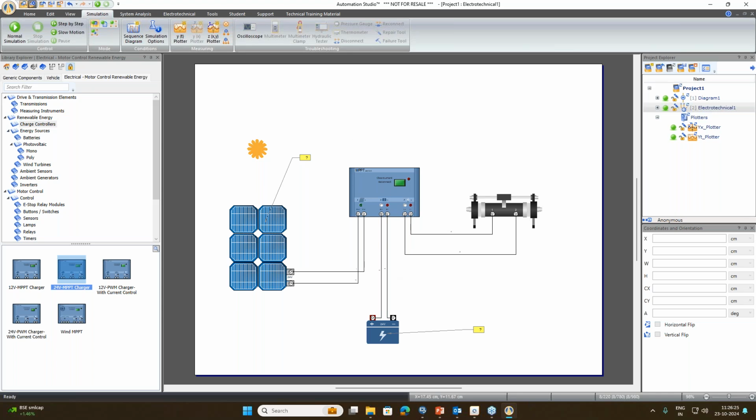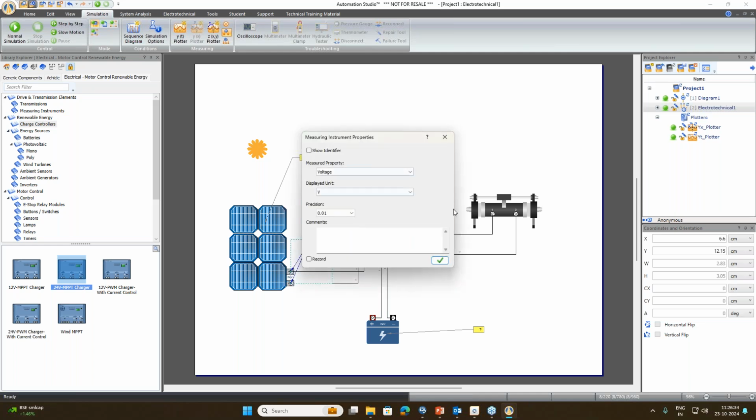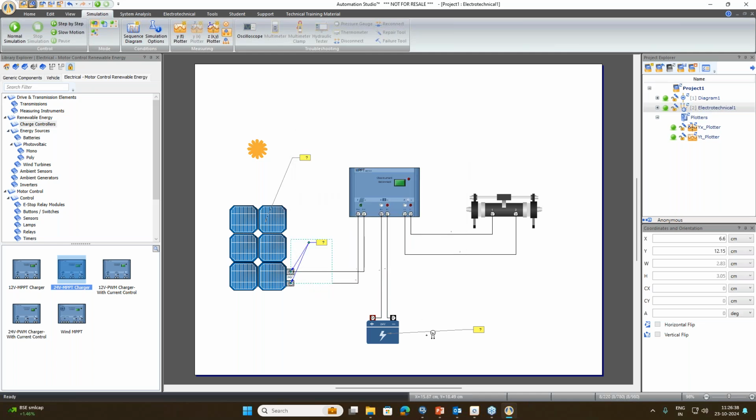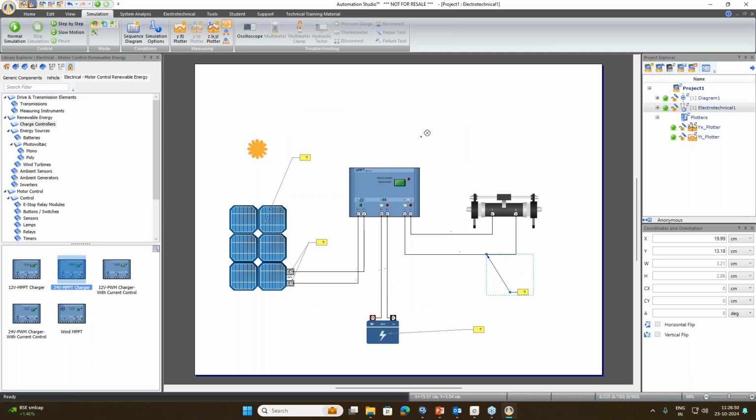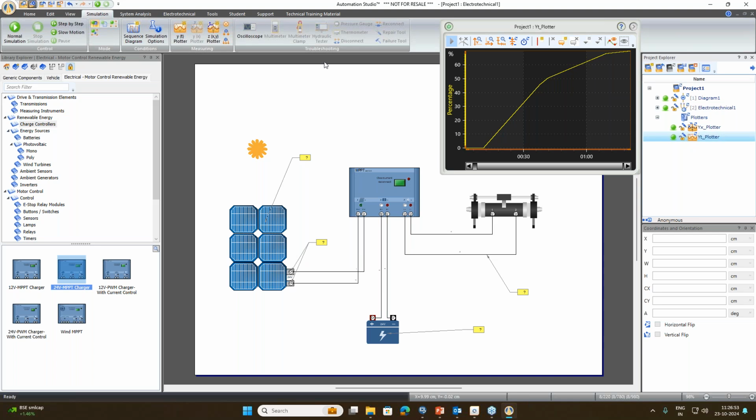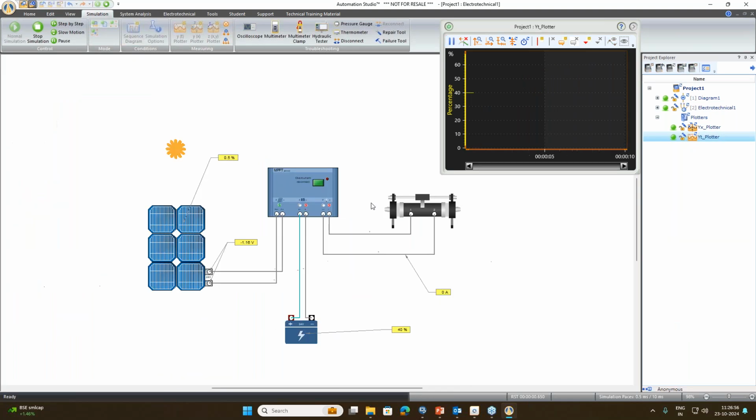Now we will again take a two-node dynamic measuring instrument to check the voltage of the photovoltaic cell. We take the component dynamic measuring instrument, current. Now when I start the charging, and when I increase it here, you can see our charging is